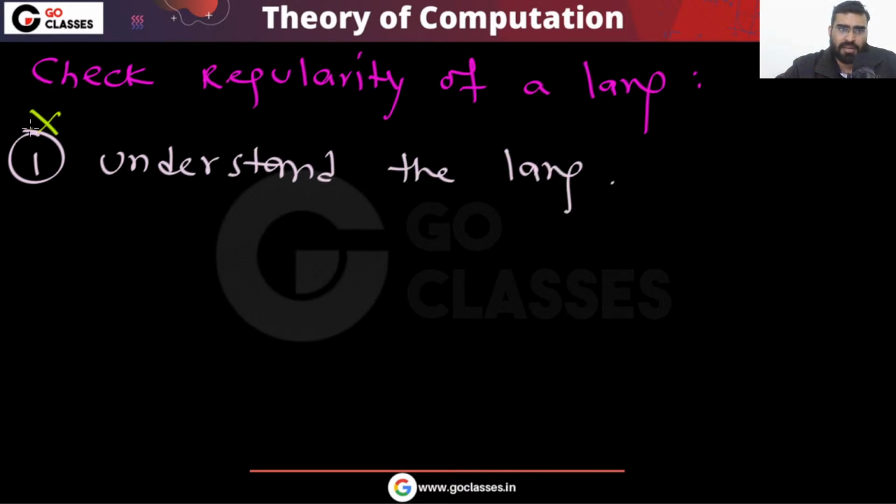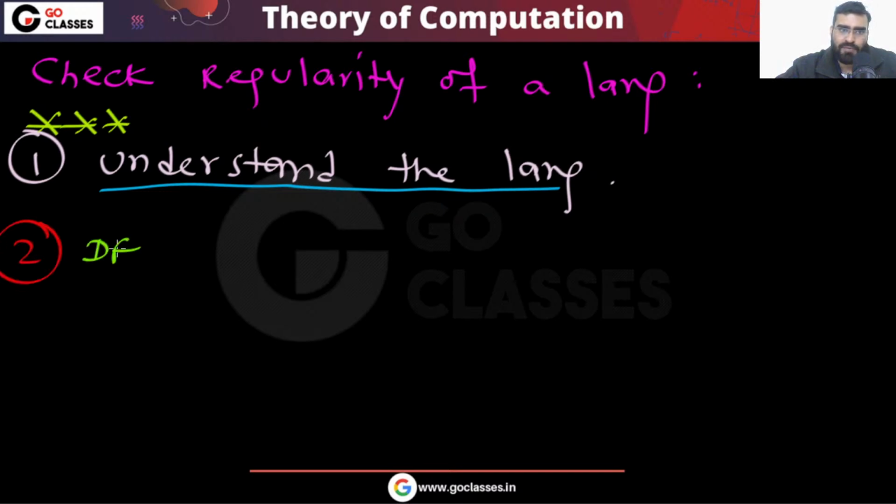This is very important. There are many students who, when they see the language, immediately want to find the type of the language. They don't want to understand the language. They don't want to understand what strings belong to the language and what strings do not belong to the language. They just want to know the type of the language. So first you understand the language. Then you can easily see if you can create a DFA, or an NFA, if you can